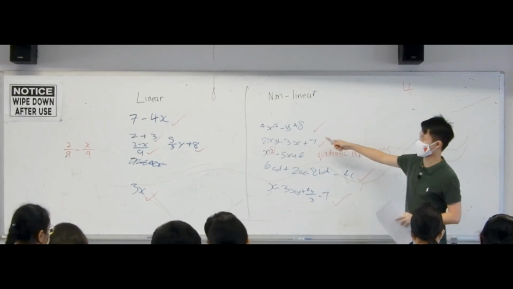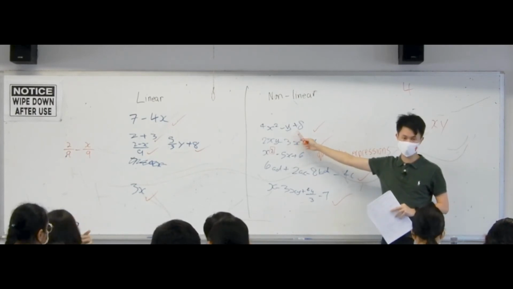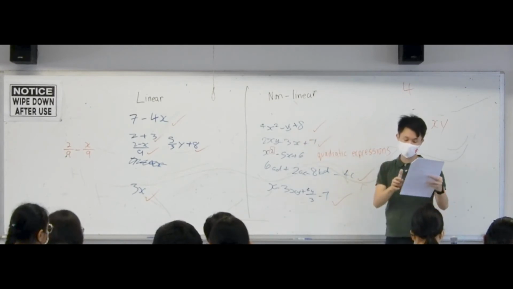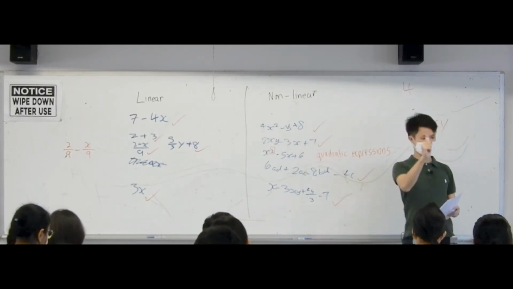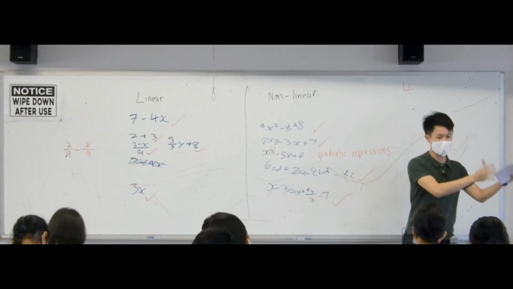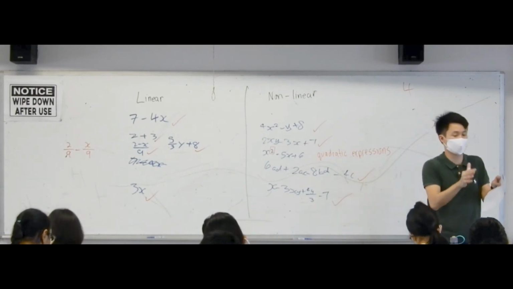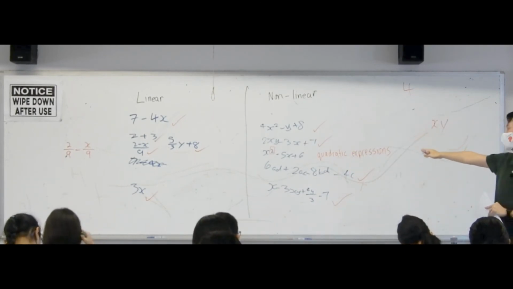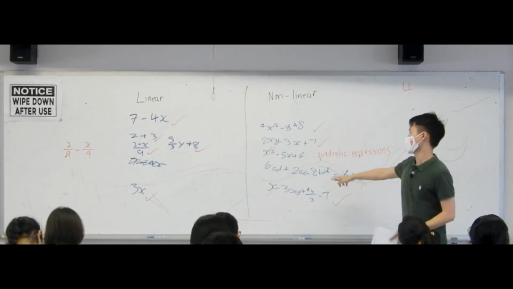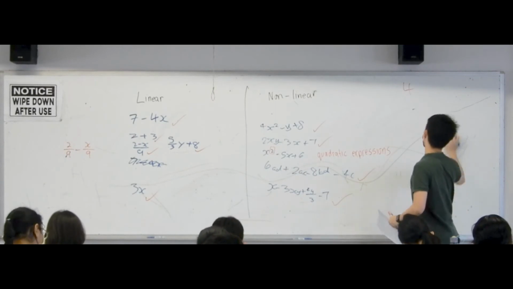So can this be a quadratic expression? What do you all think? Can this be a quadratic expression? No, because based on what we've written in the textbook and in my notes, it must be in one variable. So it must be all x or all y. If it's both together, I cannot consider it as a quadratic expression, but I still consider it as a non-linear expression. Okay, so this is a quadratic expression in one variable x in the form